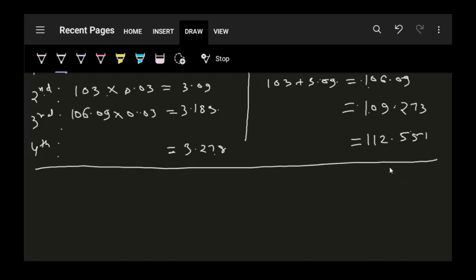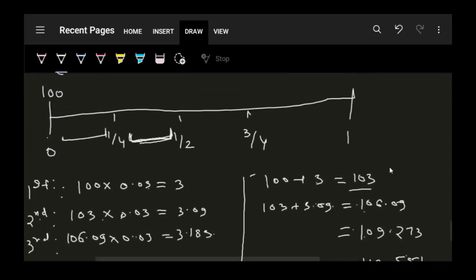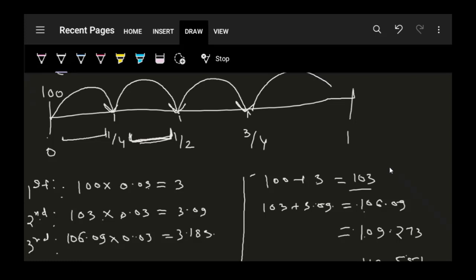Now, if you look at this example closely, you will know that in each quarter I am earning a rate of 3% effectively in that quarter. It means the quarterly effective rate is 3%. If you consider one quarter as one time period, you will know that if there is an amount here, you can directly get the amount here by multiplying it with 1.03, because we see that the effective rate that is being applied is 3% for each quarter.